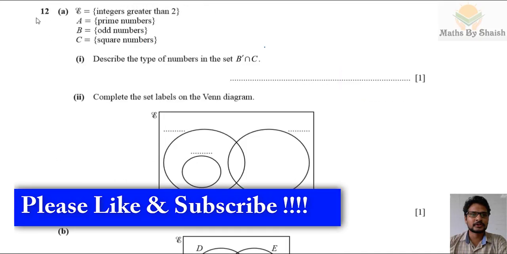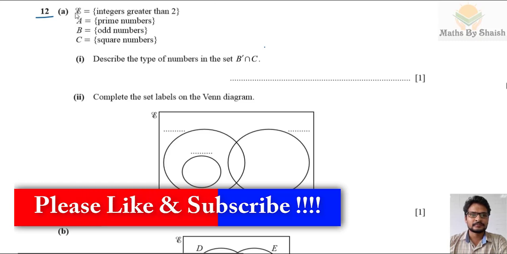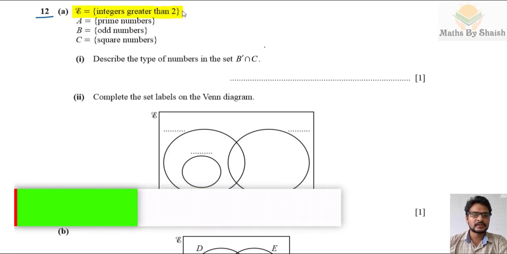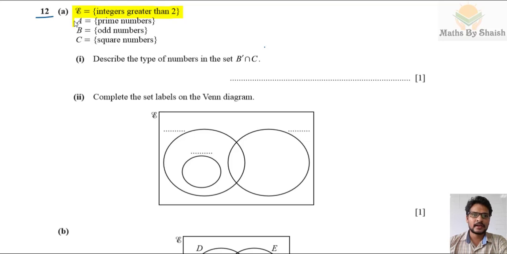And here's the 12th question. The universal set is given as integers greater than 2, A is the set of prime numbers, B is odd numbers, C is square numbers. The first part is to describe the type of numbers in the set B complement intersection C. B complement means, since B is the odd numbers, the complement is even numbers, and intersection means and C, the square numbers. So it's like even and square numbers,